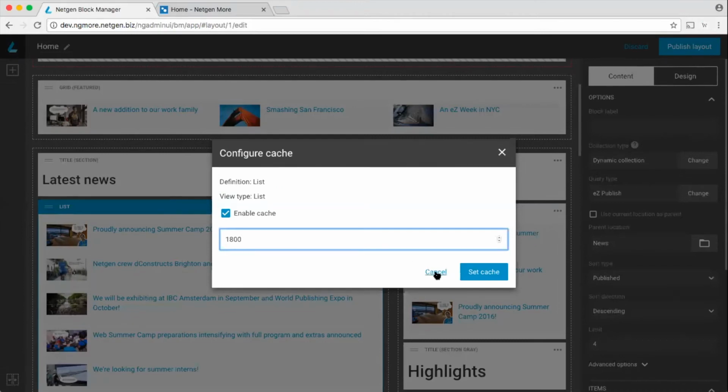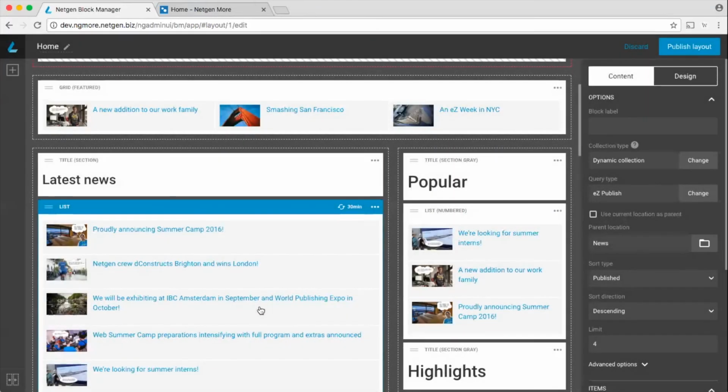This is quite important, for example, on a home page where you want to cache the whole page for, let's say, 2 days, but you have a news block which you want to cache only with a 30 minutes TTL. And here you can see the information about caching. And of course,